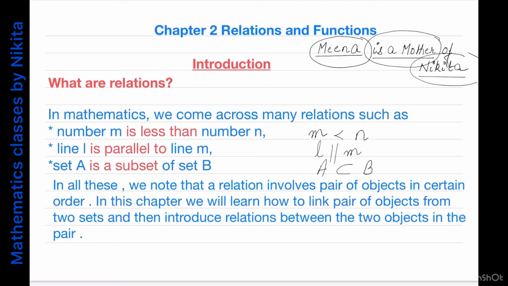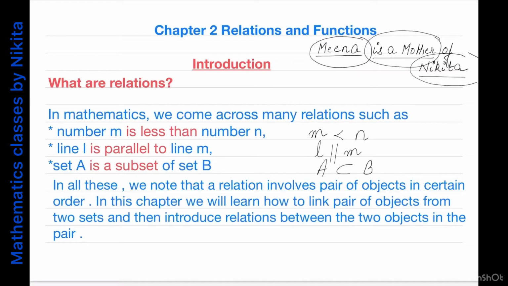Now first of all we will see what is the Cartesian product of sets. I have two sets and how to define their Cartesian product. Later on we will see how to define the relation from a set A to a set B, and then we will define what is a function. So basically a function from a set A to a set B is a special type of relation. Okay, so one by one we will be building the theory.